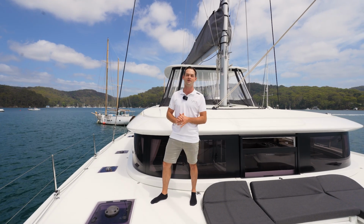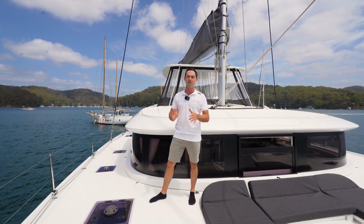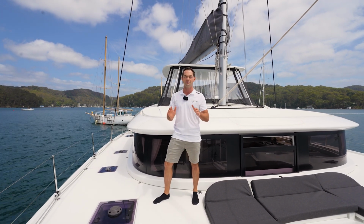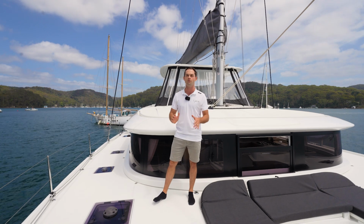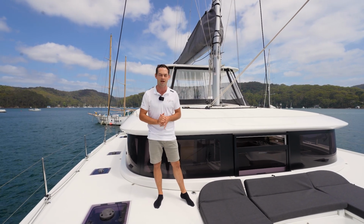Launched onto the market in 2019, the Lagoon 46 has been hugely popular. With over 600 hulls built now in 5 years of production, the Lagoon 46 continues to see demand the world over. Today we're on board a 2024 Lagoon 46, one of the very latest and greatest to come out of